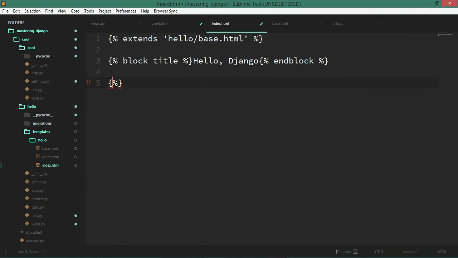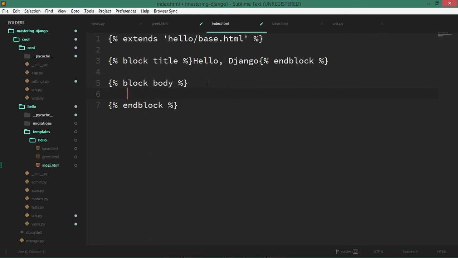Similarly, I can have my body down there saying my block body and my endblock. And inside this I can tell it to have an h1, or maybe let's have something much fancier.